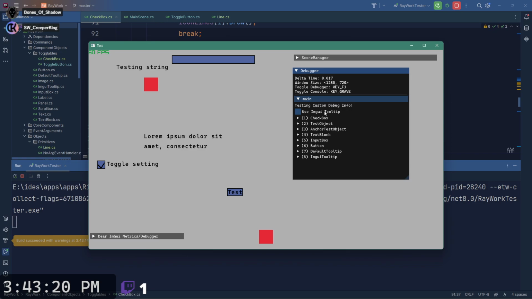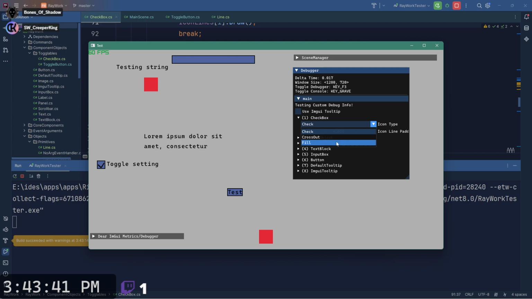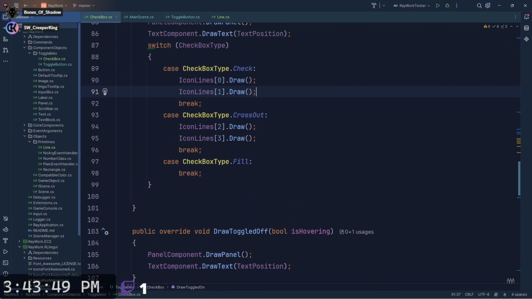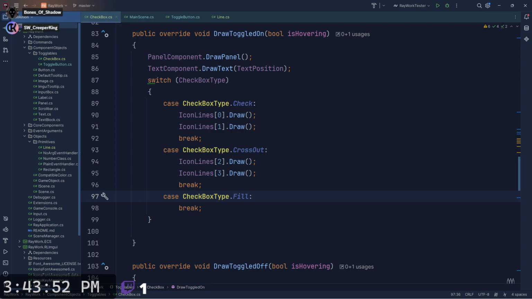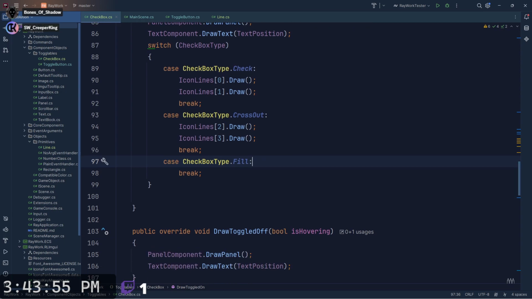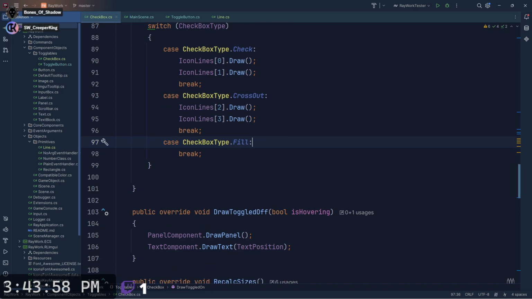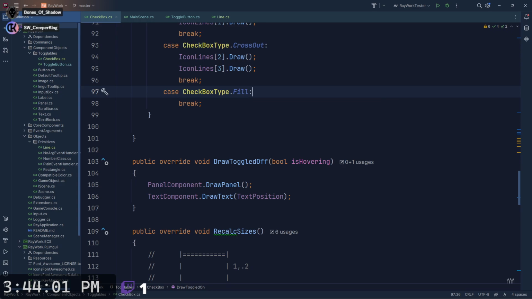So if I checkbox, cool. I can just do 5 now. I think 5 is a 4 might be better though, because fill has nothing yet. So fill would be